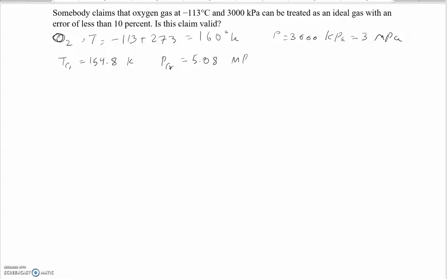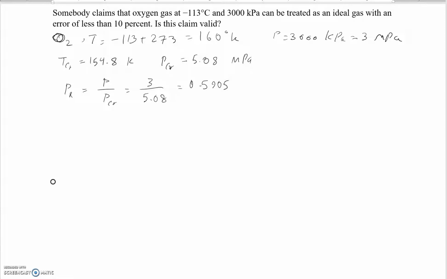The way we calculated the z factor was first to calculate the reduced temperature and pressure. The reduced pressure is your pressure divided by the critical pressure. In this case, your pressure is 3 megapascal and your critical pressure is 5.08. If you divide these two, you get